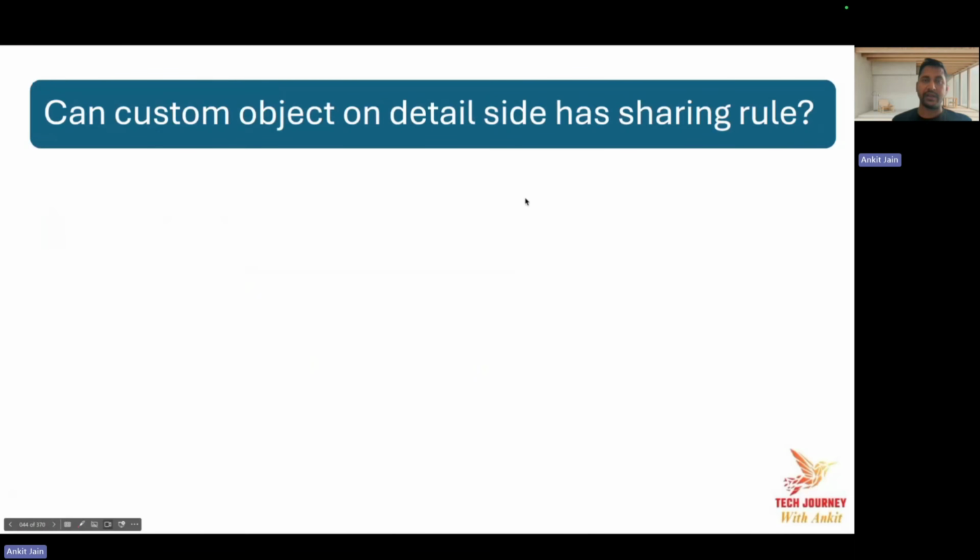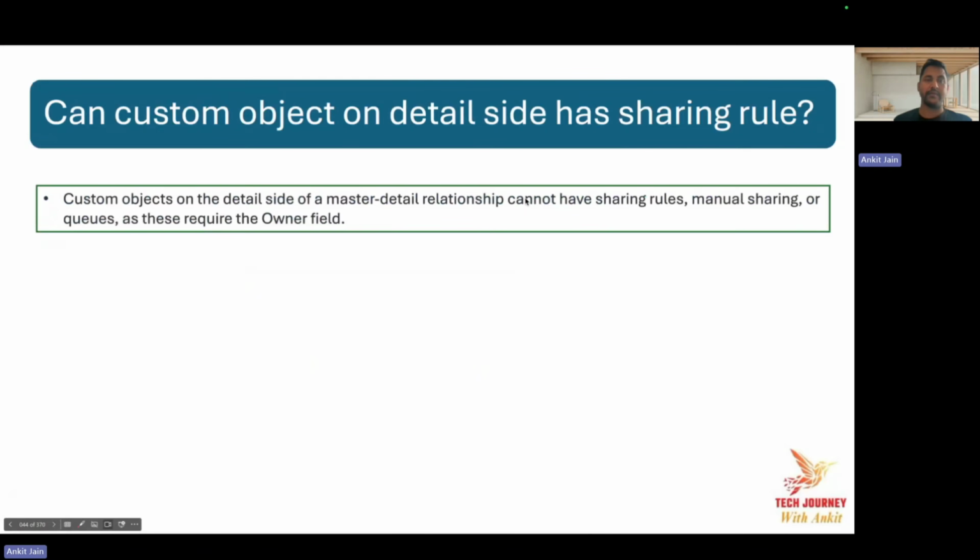The answer here is no, it is not possible to define a sharing rule if the two objects are related with a master-detail relationship. The reason being, the master controls the behavior of the child. To define a sharing rule, either owner-based or criteria-based, one very important field is the owner field.